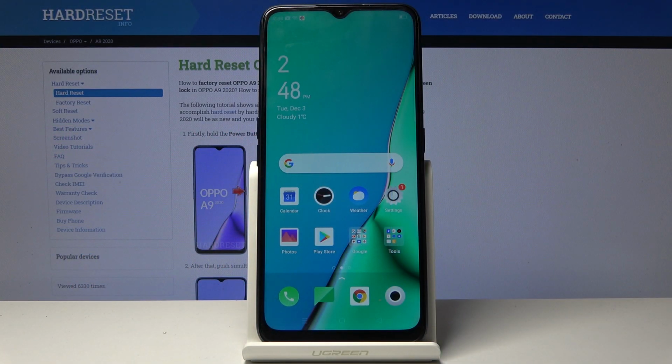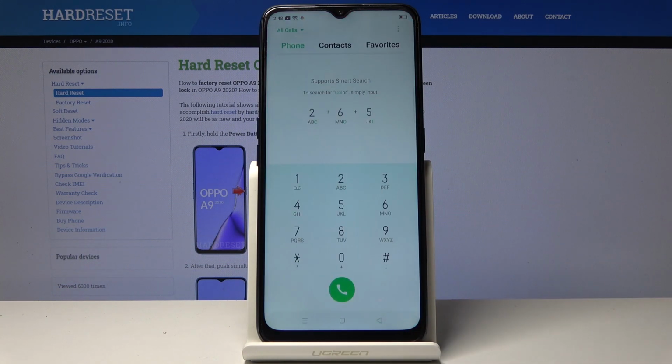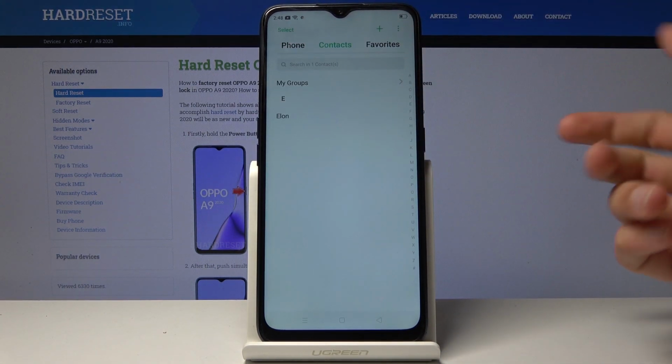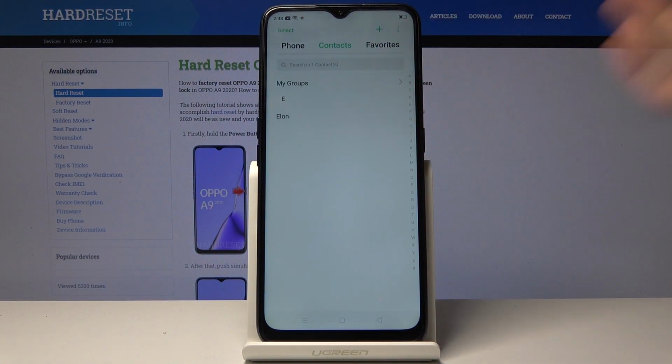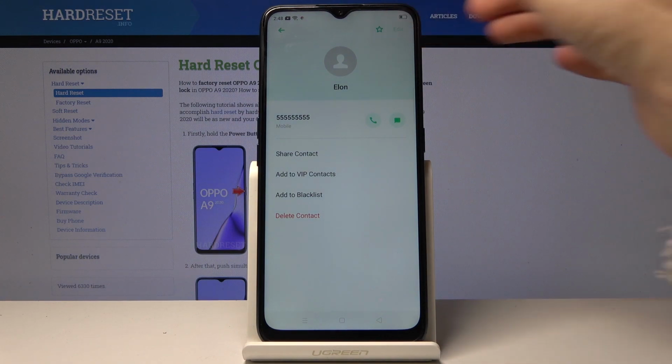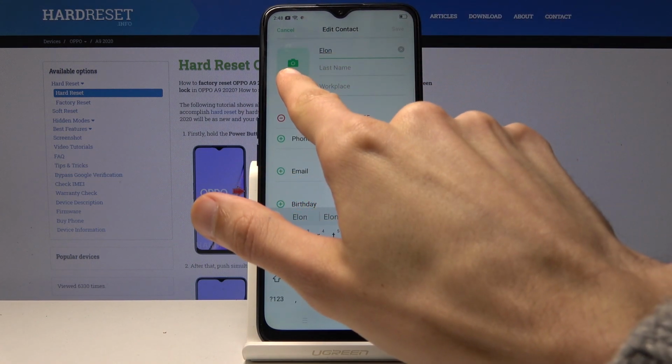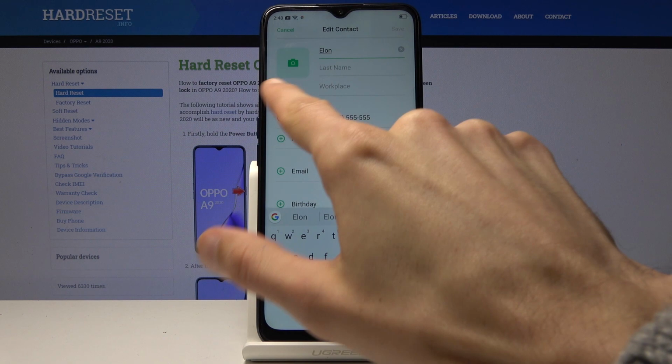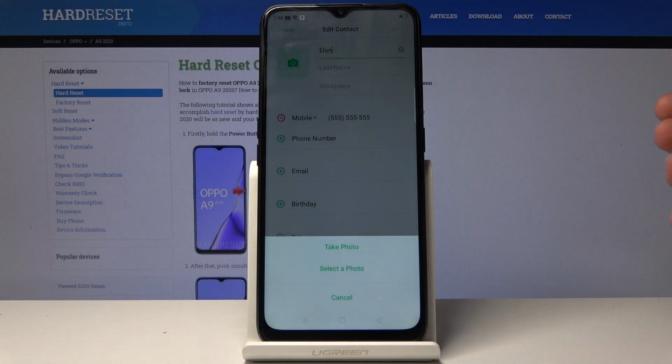Welcome, in front of me is the OPPO A9 from 2020, and today I'll show you how to add a photo to the contact. So to get started, you want to open up your dialer app, go into contacts, find the contact that you want to add a photo to. So for me it's going to be right here. Choose edit, and then where you have the photo area with the camera, tap on it, and you have a